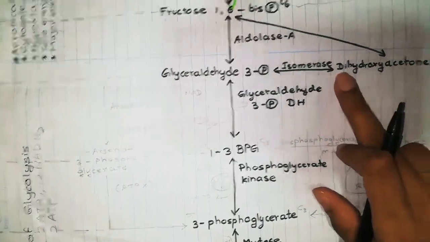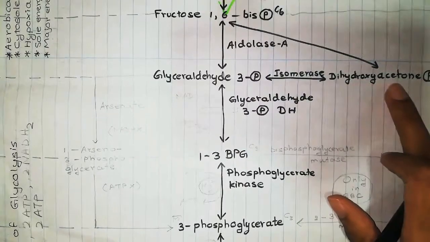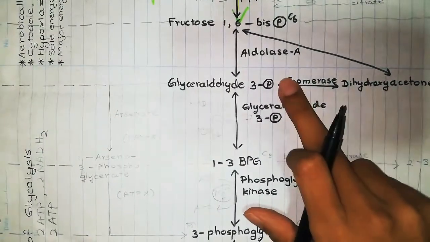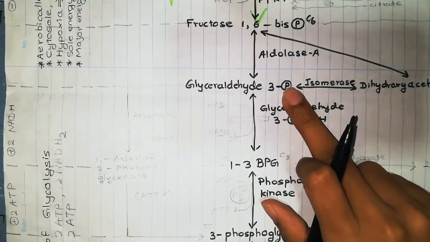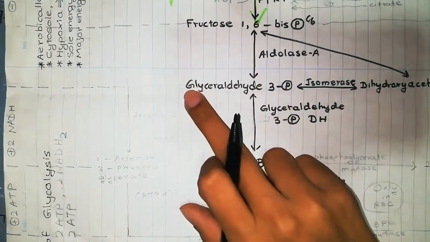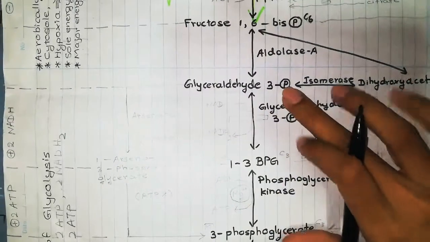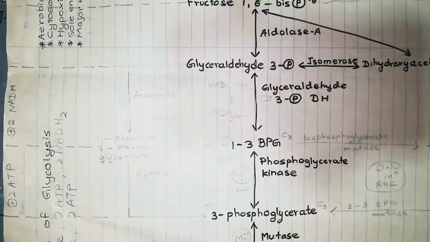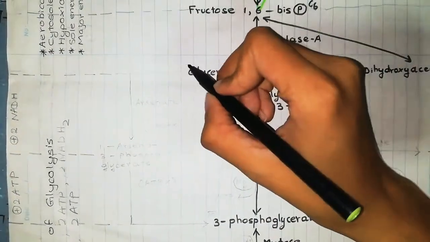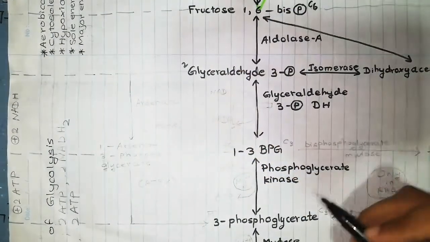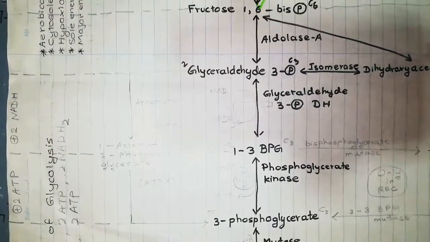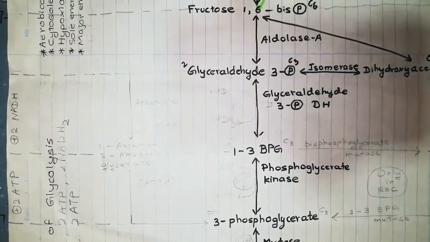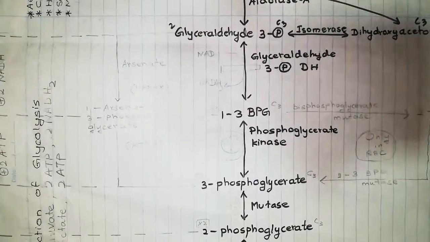But dihydroxyacetone phosphate is isomerized into glyceraldehyde 3-phosphate. Okay, so we can get 2 glyceraldehyde 3-phosphates to continue their pathway. So here it can get 2. Okay, so this is a C3 molecule, and this is also a C3 one, and it